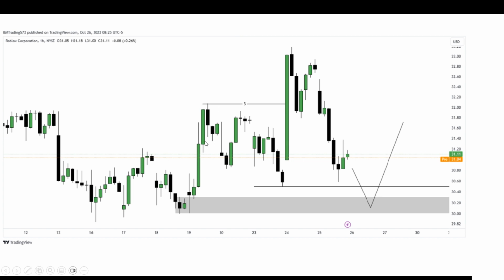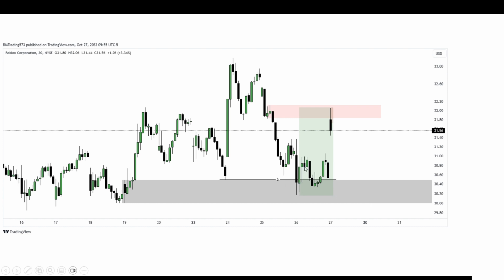So notice that every single one of these strong moves to the upside, look at how big these green candles are. Look at how big this green candle is. And it breaks this high and it breaks this high. Same with these green candles right here. They break this high. So what I'm looking for is I'm looking to buy low off of this upside move. So that way when price comes down here to these zones, notice this order block right here. I'm looking to enter off that order block and buy calls as soon as it gets down here. And as you can see, price plays around a little bit in this zone, and then we see that bounce